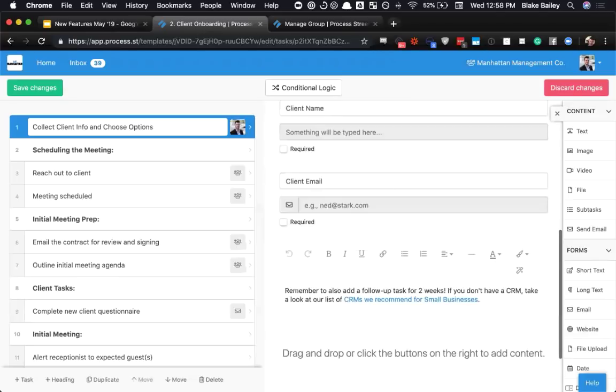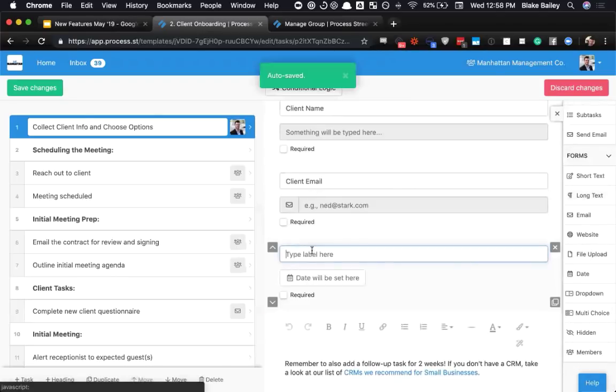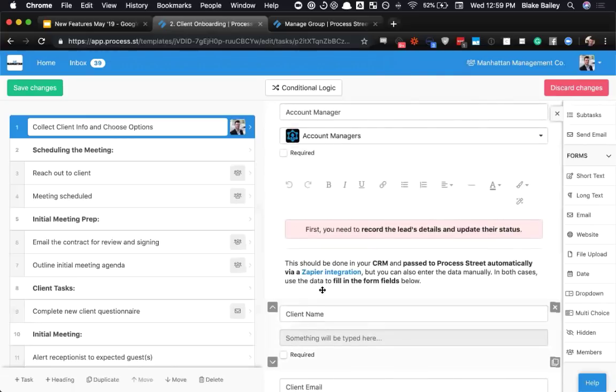And then for your case there, you're mentioning a date. You actually are going to want to use the date form field. That's this one right here. And you would just say what this particular piece of data is. So maybe it's a meeting date, maybe it's their onboarding date, maybe it's their sign-on date, whatever it is. And you don't even have to worry about the format, because as soon as you run this checklist, when you click this button, it's going to pop out